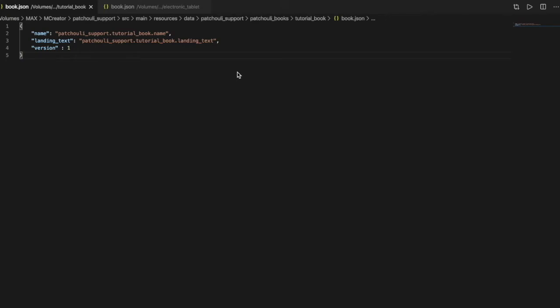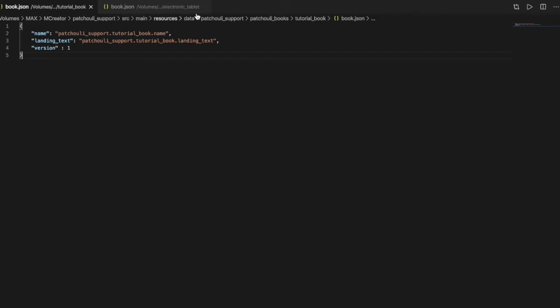Today we're going to focus on the book.json file, because it's a file that requires an entire episode. It's complex and it will hold the entire architecture of our book. I'm going to stay here on this book.json.